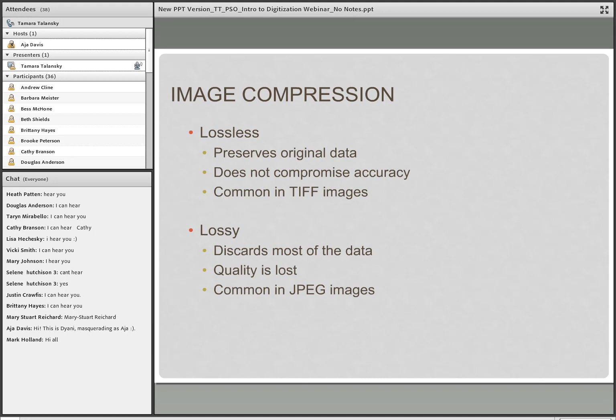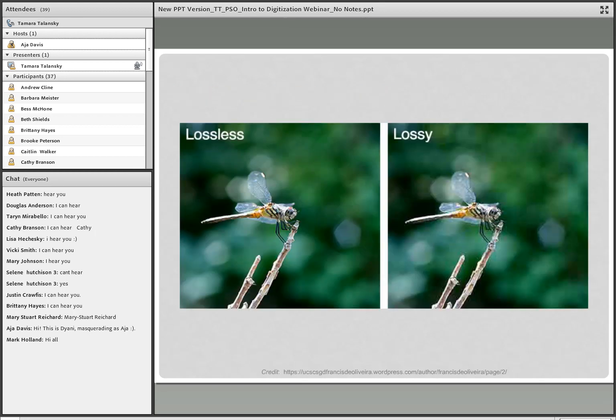There is some degradation in the image and data loss in order to achieve this smaller file size. But files can be reduced up to 1,000 times. And because of this, obviously some degree of quality is also lost. But this is also very common in JPEG images. And here is an example of lossless versus lossy compression.